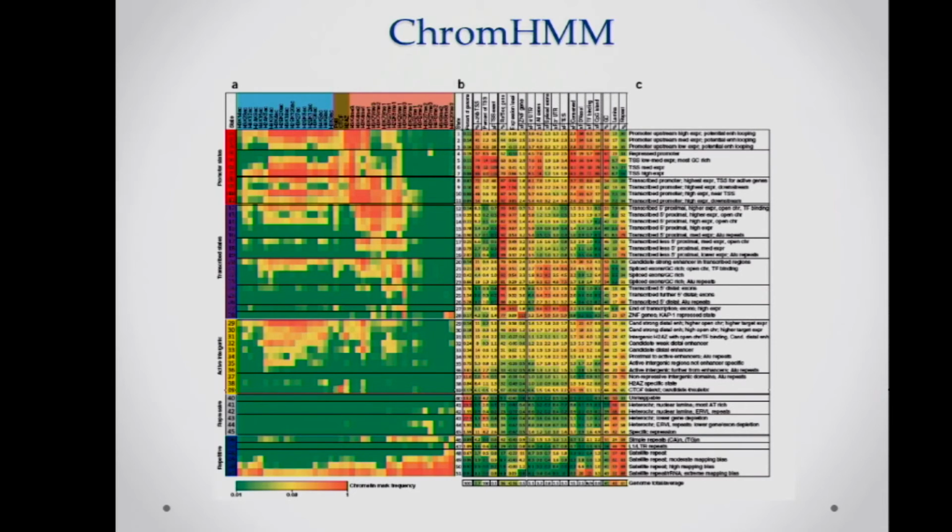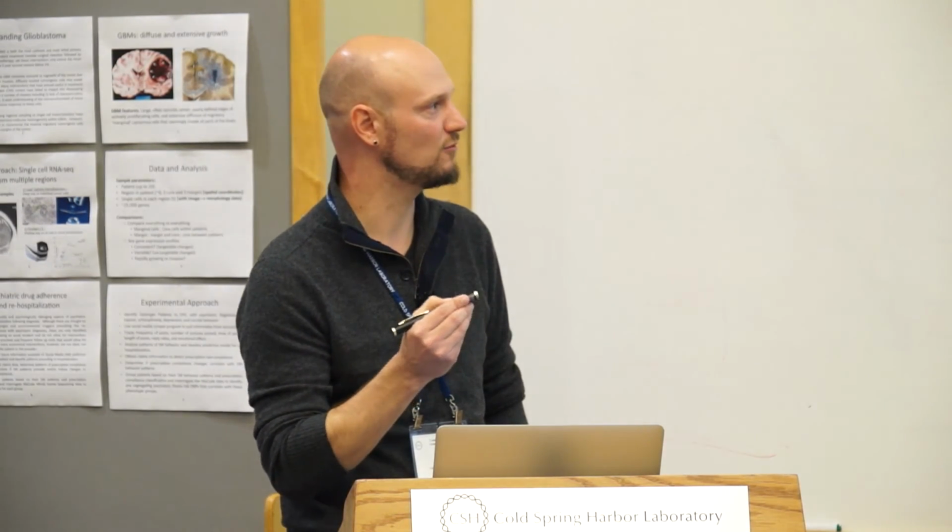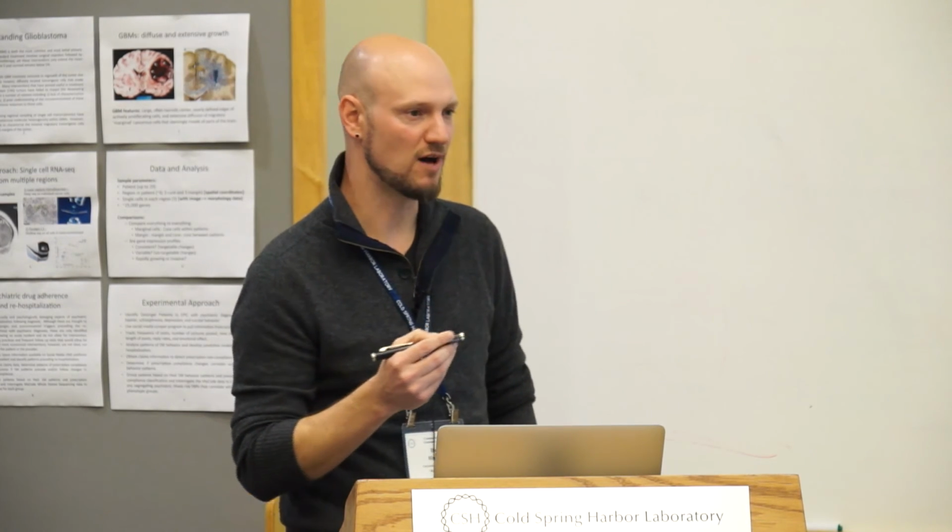So it's going to do the peak finding for you on all the marks at once, group regions of the genome that have co-occurring patterns, and put those together into these categories for you. So if you're working with multiple histone marks and don't want to have to call peaks on every single mark, then using something like ChromHMM or Segway could be a good approach to defining regions of the genome that are marked in a similar way, and then there's enough knowledge there to know that if one of those groupings has monomethylation in it,